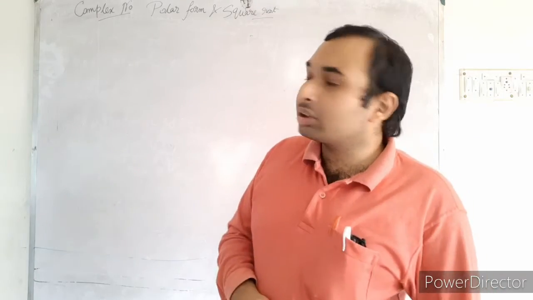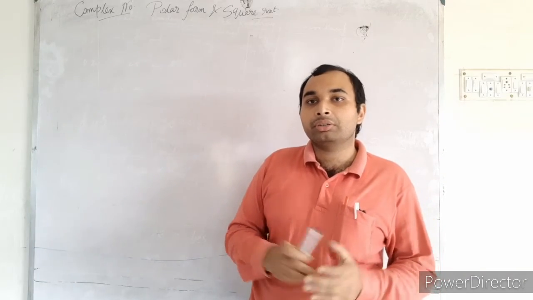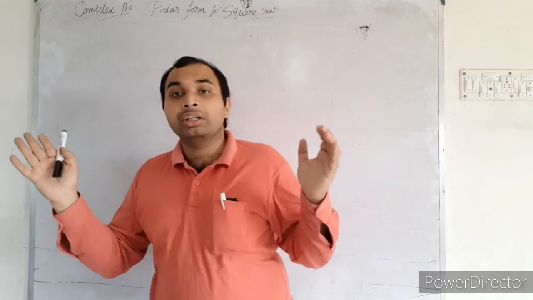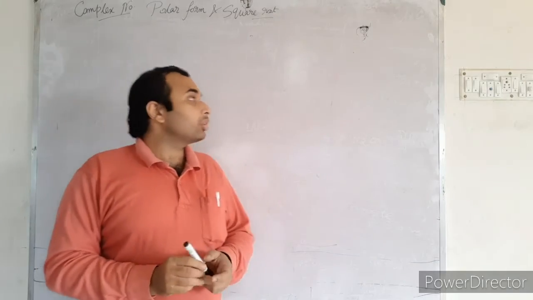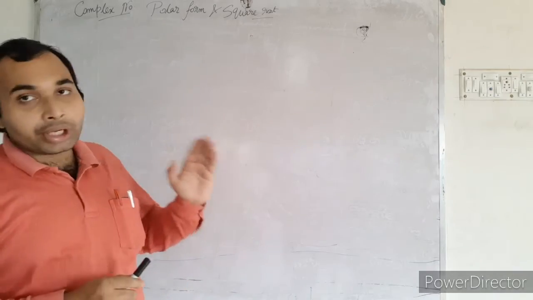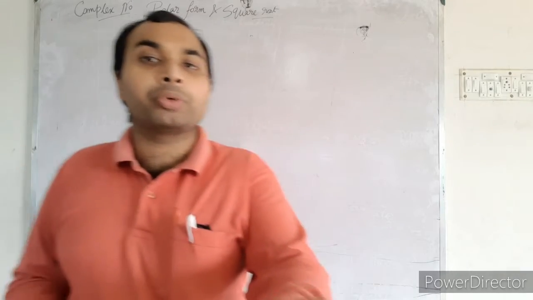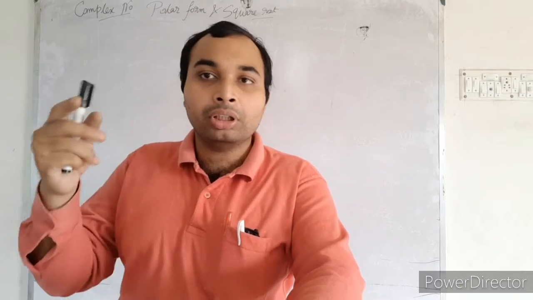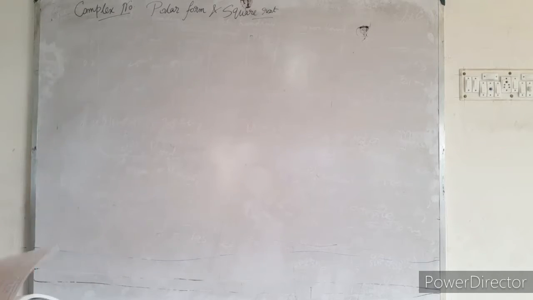So we were discussing the complex numbers, and in the previous online class we discussed the polar representation, the Argand plane, the modulus-amplitude form, those types of things. Here we will discuss the square root. Before proceeding to the square root, there are some tricky sums for the polar representations. We will do one or two of those sums, and after that we will discuss the square roots of complex numbers. So here one sum is there.